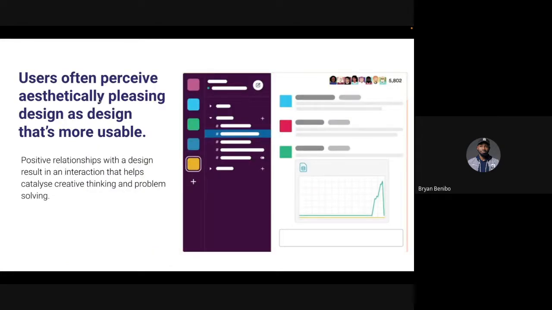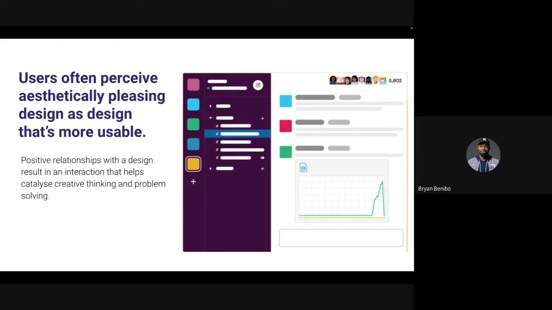We are going to be using the laws of UX to give us a clear understanding of how to design SaaS products. What are SaaS products? SaaS is software as a service, apps that people use for their services, especially B2B businesses. That means business to business. Slack is a popular example of a SaaS product. There are other examples as we go on.